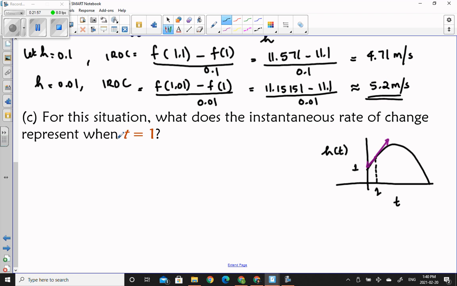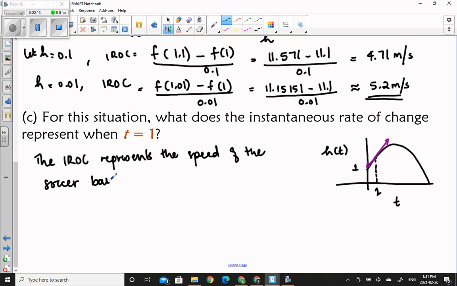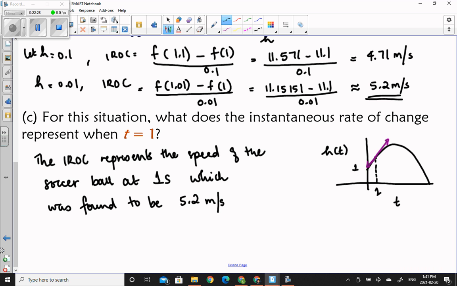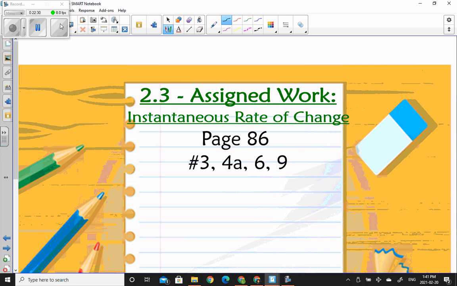So we're going to say that the IROC represents the speed of the soccer ball at 1 second, which was found to be 5.2 meters per second. Okay. Now we're going to practice